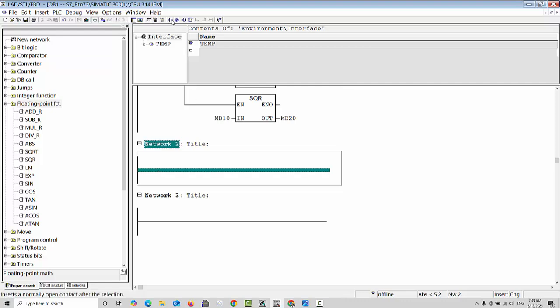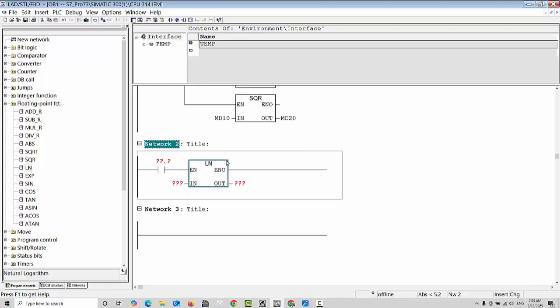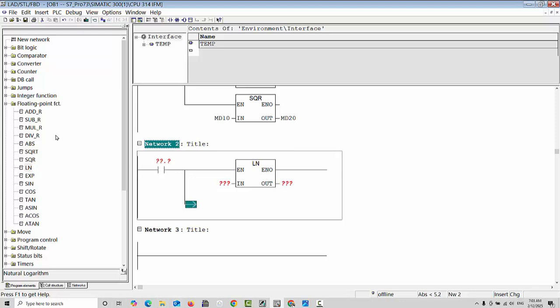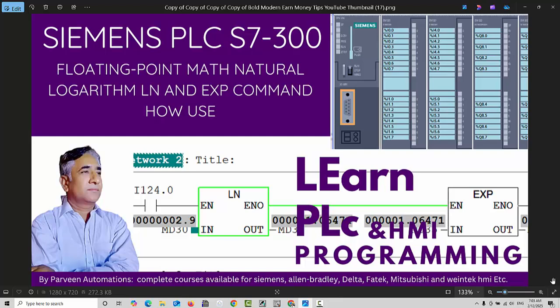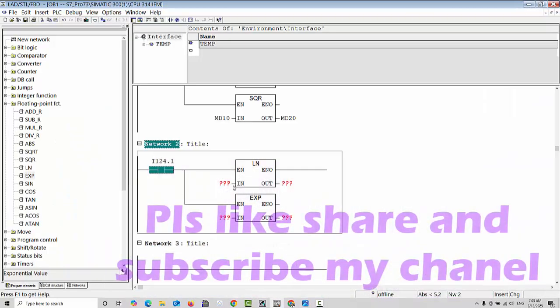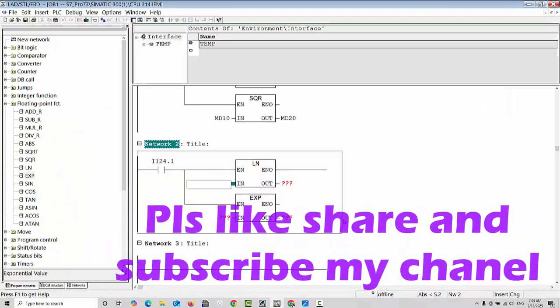Here, first of all, we will take one input address to execute our command, and next in the floating point section, we will choose this one, LN. Double click on it, and one more we can take for the exponential command. So here we will give the input address, I124.1 for example, and here we will give the data, for example